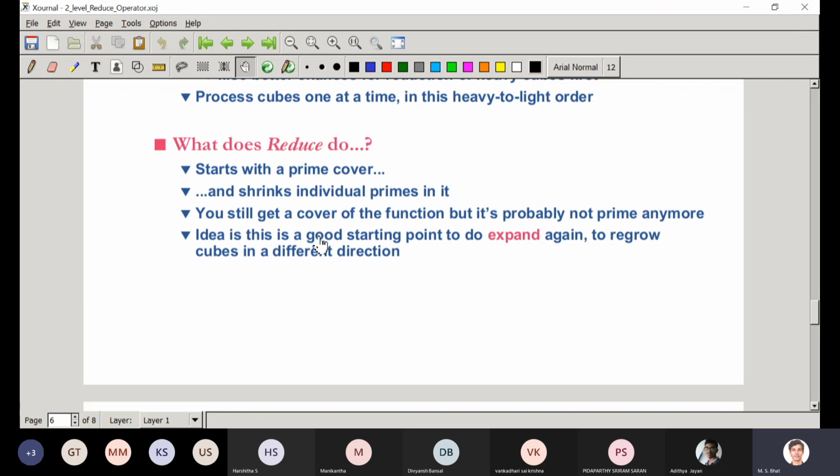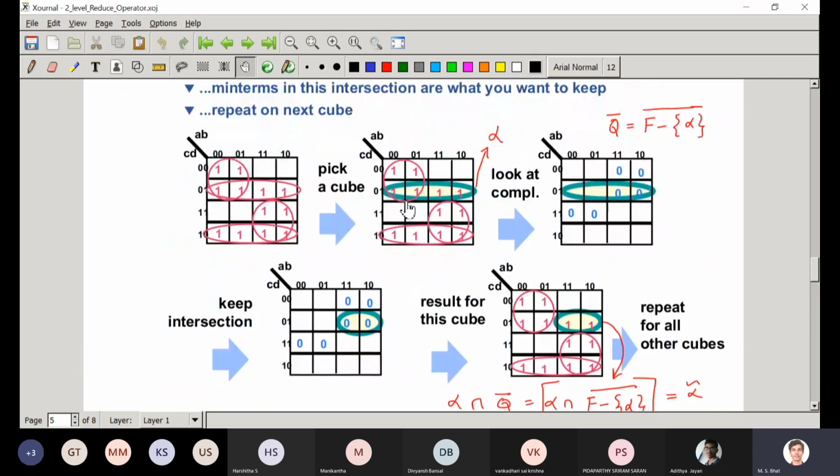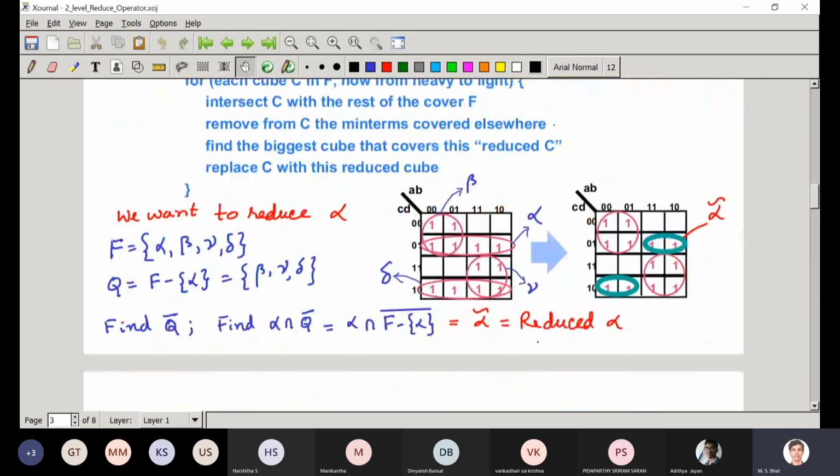Idea, this is a good starting point to do expand again to regrow cubes in a different direction. So why do we do the reduce operation? Because after the reduce operation, you see here, this is reduced alpha. Okay, this is reduced delta. Now I can expand this alpha in the downward direction to make it